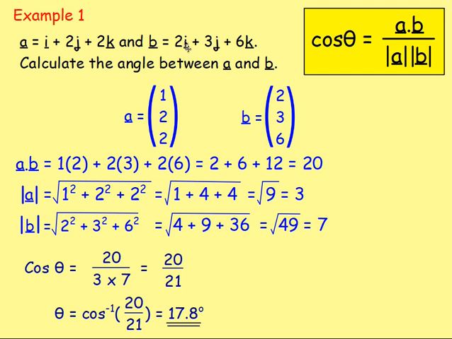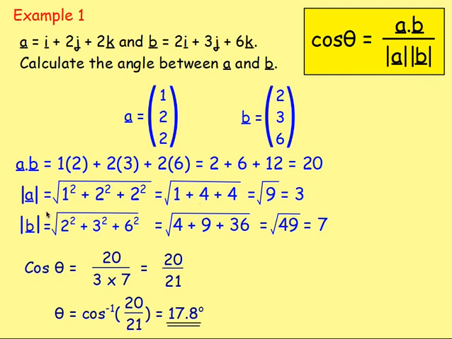So here we had two vectors a and b, and we had to work out the size of the angle between them. First of all, write them out in component form, just like this. After that, work out a dot b, so do 1 times 2, add 2 times 3, add 2 times 6. That gives us 20. We're also needing the magnitude of a and the magnitude of b, so get the length of both a and b,